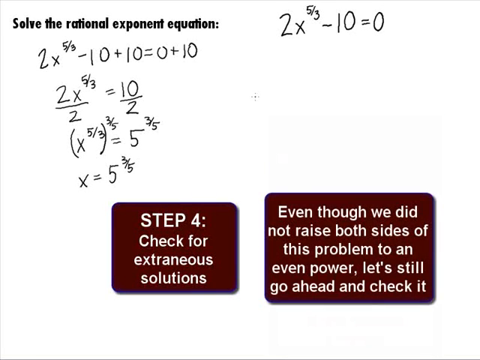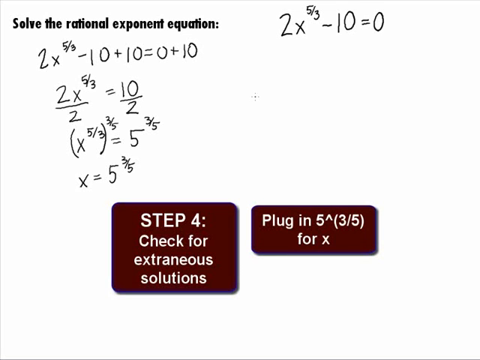Even though we didn't technically raise both sides to an even power in this problem, let's still go ahead and check this one. Plugging 5 to the 3/5 power in for x into the equation 2x to the 5/3 power minus 10 equals 0, we get 2 times 5 to the 3/5 power raised to the 5/3 power minus 10 equals 0. This will simplify to be 2 times 5 minus 10 equals 0,